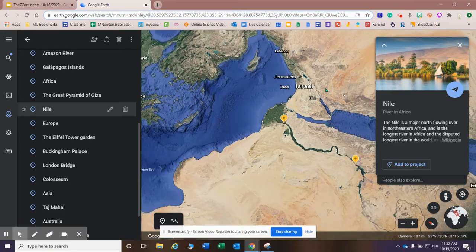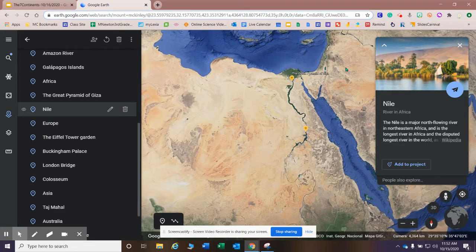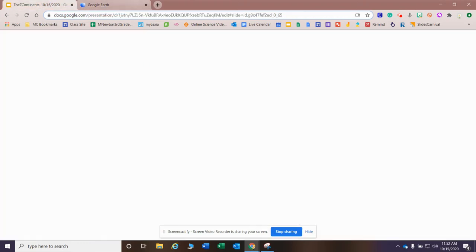Africa is also home to a lot of rainforests, just like South America. But it also has a lot of savannas. Savannas are those grassy areas that you see that lions live at. So there is your Nile River. Let's move on to our next continent,